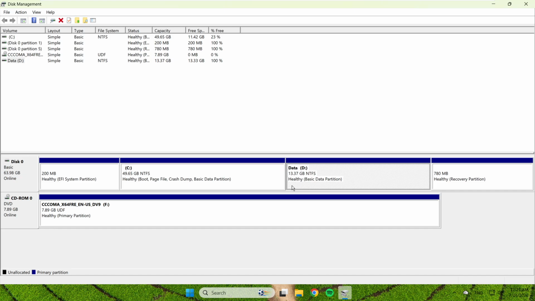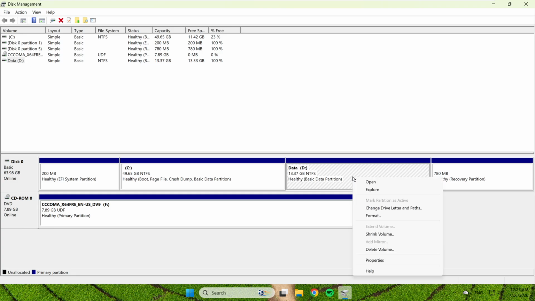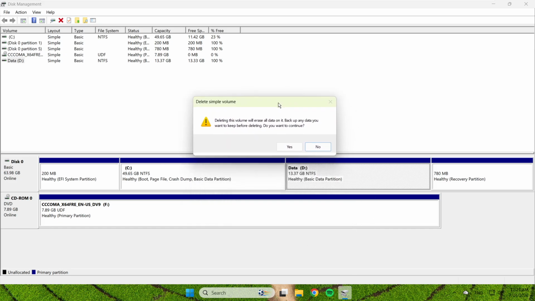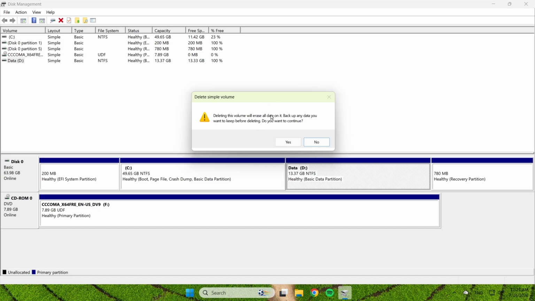is actually deleting it. With the partition still highlighted in the lower pane, right-click on that same partition block. A context menu will appear with several options. From this menu, click the option that says Delete Volume. Choosing Delete Volume tells Windows to remove the partition and turn the space it was using back into unallocated disk space. At this point, Windows will show you a warning message letting you know that deleting the volume will erase